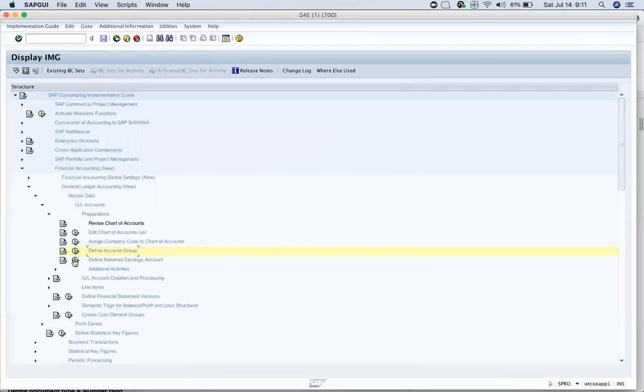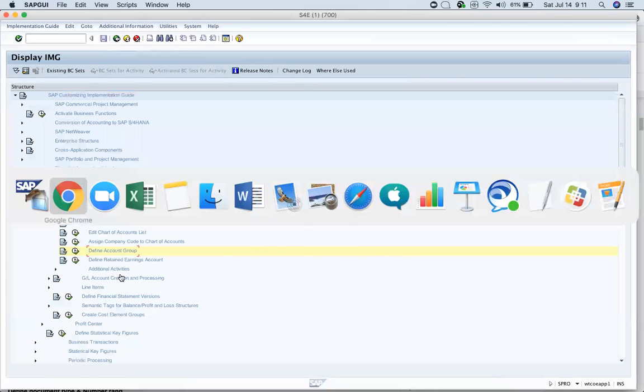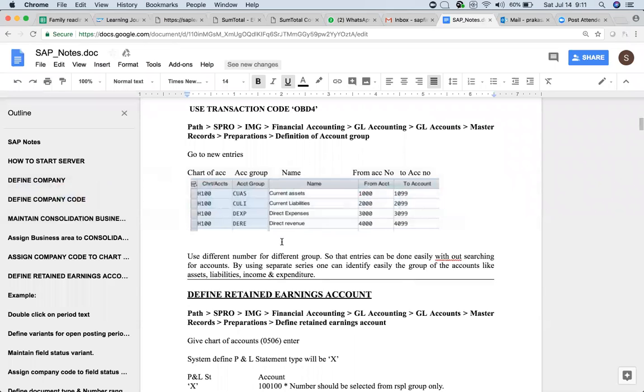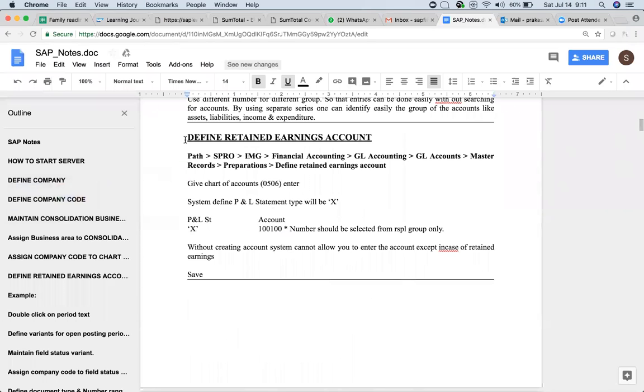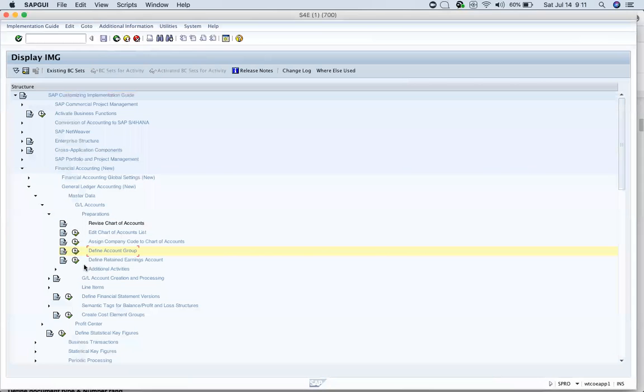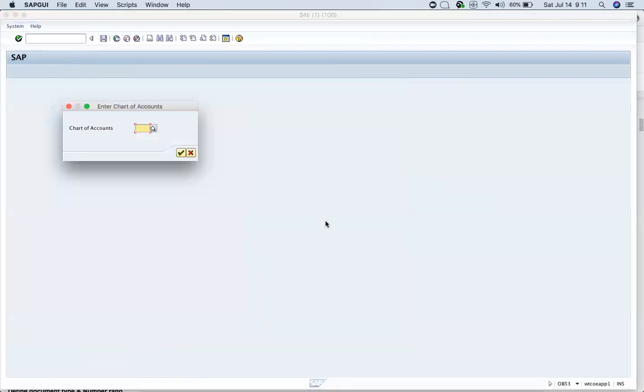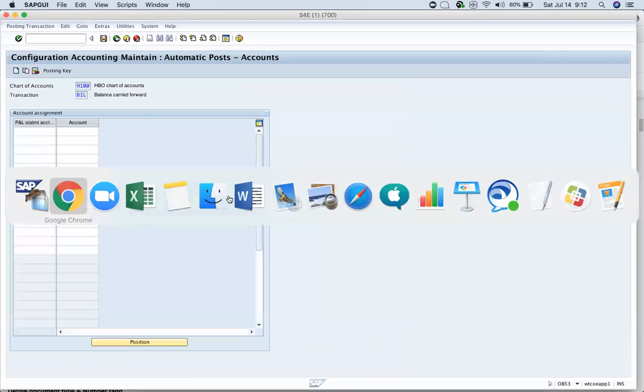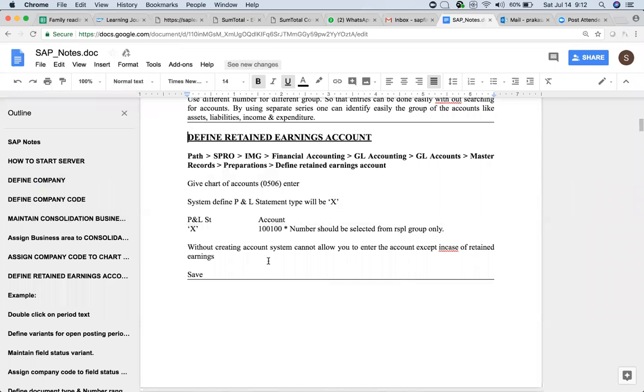Okay. Now, as we have created the account group, we will see define retained earnings. Here, retained earnings is very, very important,